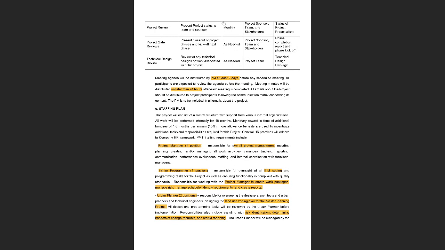Now, all of this will be presided by the project manager. It is the job of the project manager, firstly, to come up with this communication matrix and to make sure that everyone is aware of what their involvement is in different types of updates. Typically, the project manager, at least 2 days before the meeting is supposed to run, will send the agenda of the meeting to all of the people who are involved. And then the participants are supposed to review this agenda before they come to the meeting.